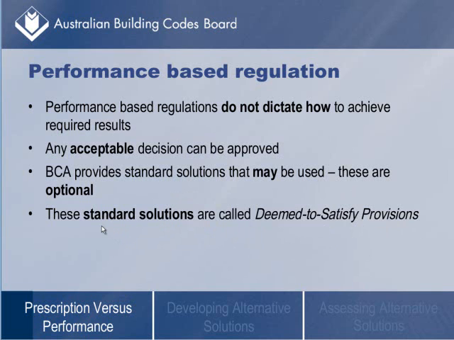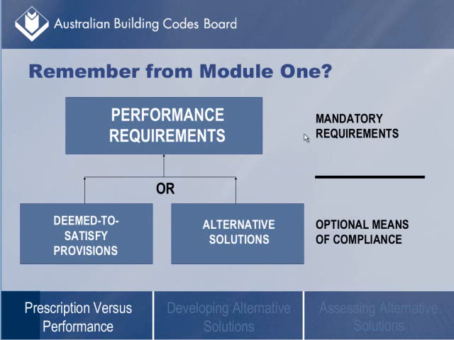And most people in domestic construction use the DTS provisions because it's a known outcome. It's easy to work with, everyone's happy. But sometimes you won't be able to comply with the DTS, or sometimes you've got a new way of doing something that isn't recognised by the DTS, so you'll look at performance. So this is, don't worry about Module 1, that was an introductory one that we haven't looked at, but we've got the performance requirements that are mandatory. Whatever you do, you must meet those. Now, how you can meet them is either by an alternative solution or a DTS provision. It doesn't matter which you use, but it must meet those performance requirements.